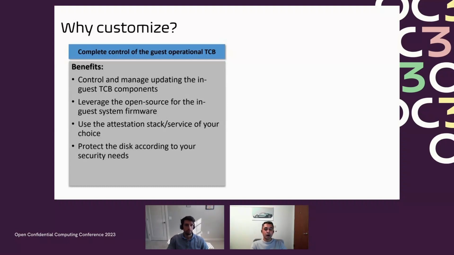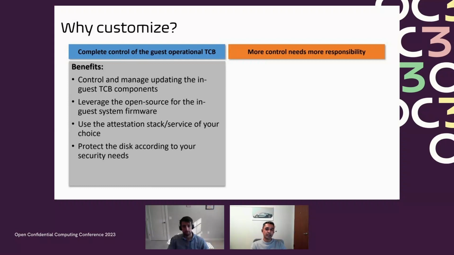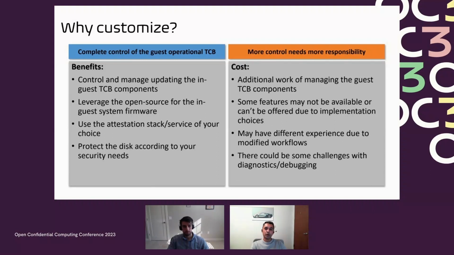And all of this benefit comes with some cost, right? You can't really get away from them. The more control you get, the more responsibility one has to take here. So some of the costs we can think about: you may have to do additional work of managing the guest TCB components on your own, versus something that gets managed by someone else in a streamlined manner. And some features may not be available or can't be offered due to implementation choices. Like if you use a specific thing for your system firmware, and it can't offer a functionality that you're looking for, then either you have to develop that, or you need to wait,